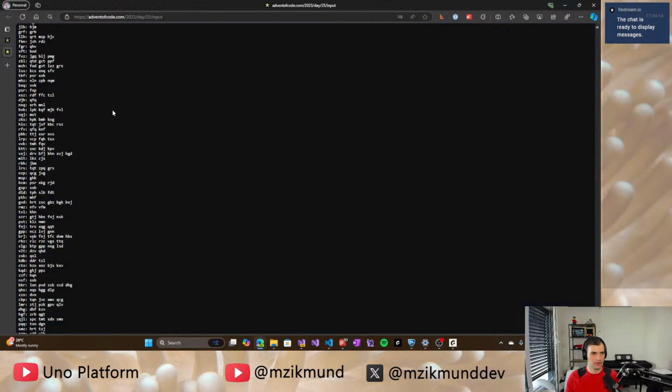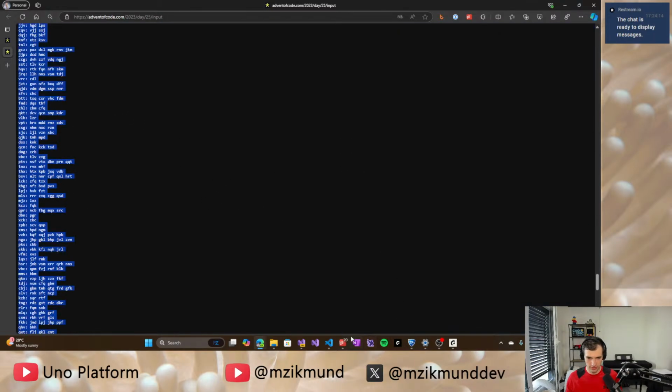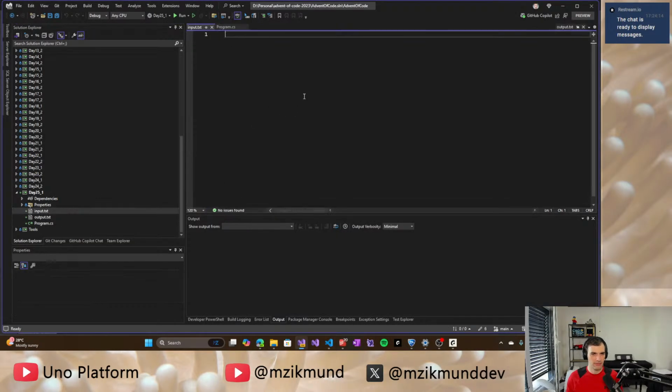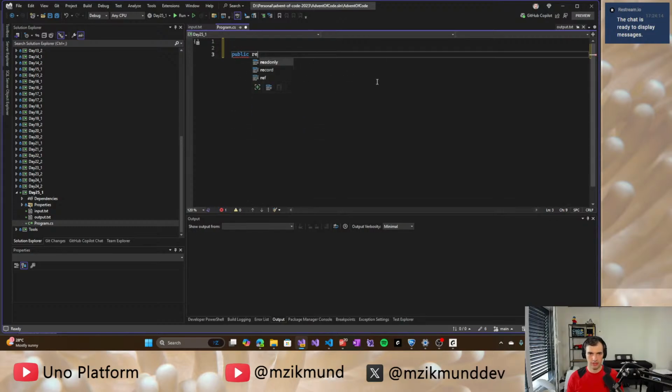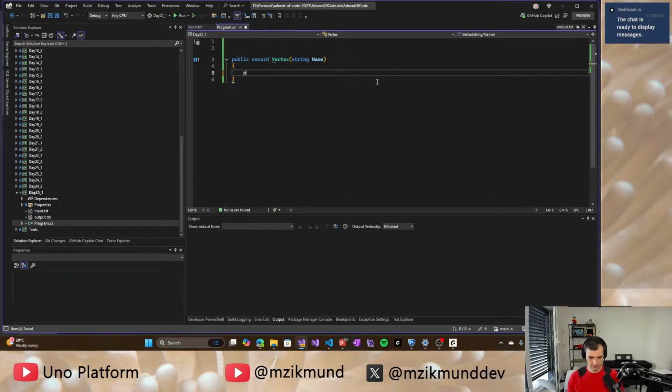So let's see how we can do this, shall we? So I will take the whole input of the problem, then put it here. And now the first thing that we need is to create a class that will store the vertex, the node, and its edges. So I will do public record Vertex, which will have a specific name, and it will have a list